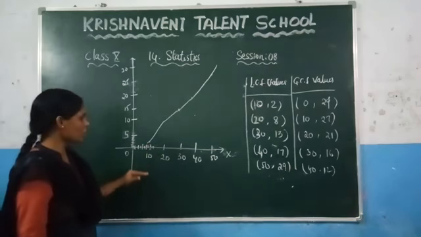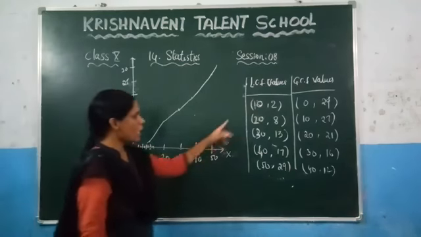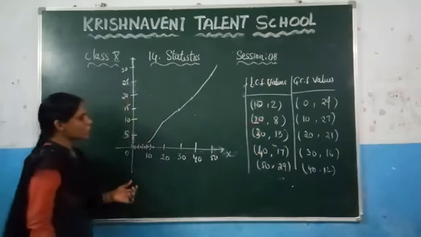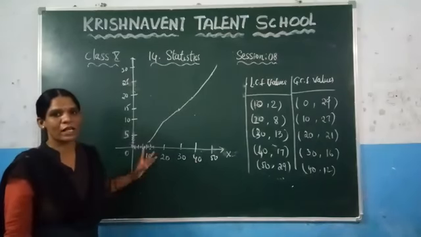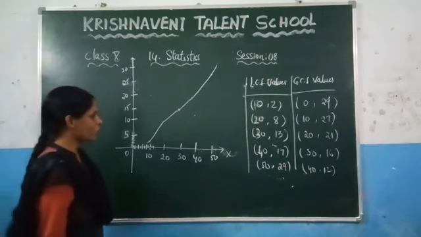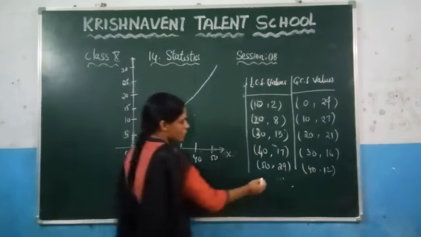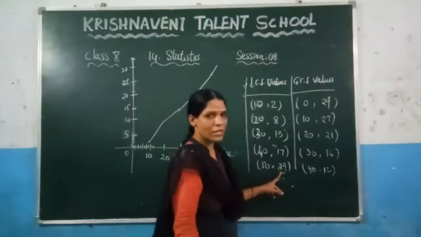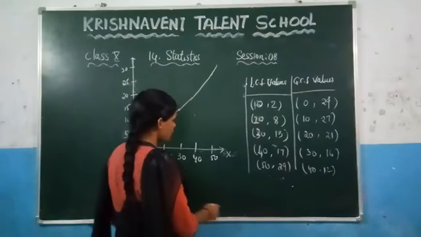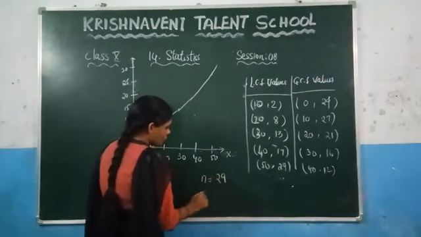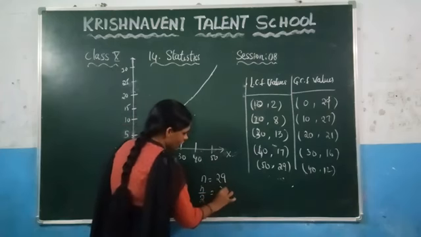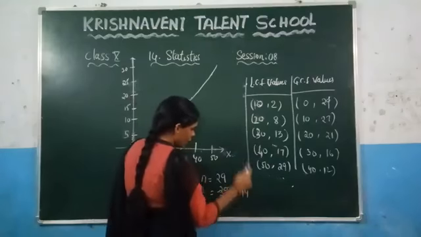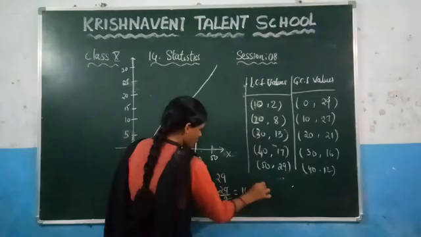This is nothing but the less than cumulative frequency curve. If you want to draw it, you need to take the upper limits on the x-axis and the less than cumulative frequencies on the y-axis. In the exam, suppose they ask you to find the median without using the formula. How do you calculate? Here, this is nothing but the value of n, right? Because after adding the sum of the frequencies, we got n, which is the number of observations, as 29. Check the value of n by 2. What is 29 by 2? It is 14.5.